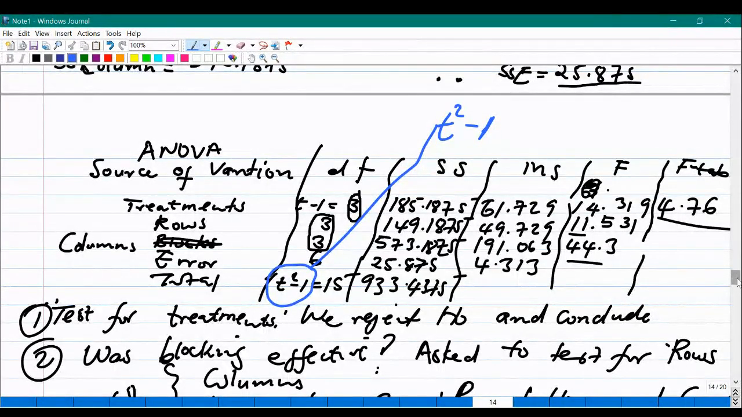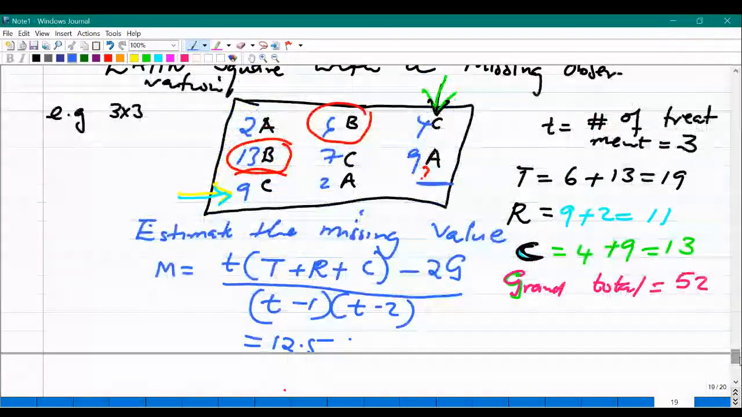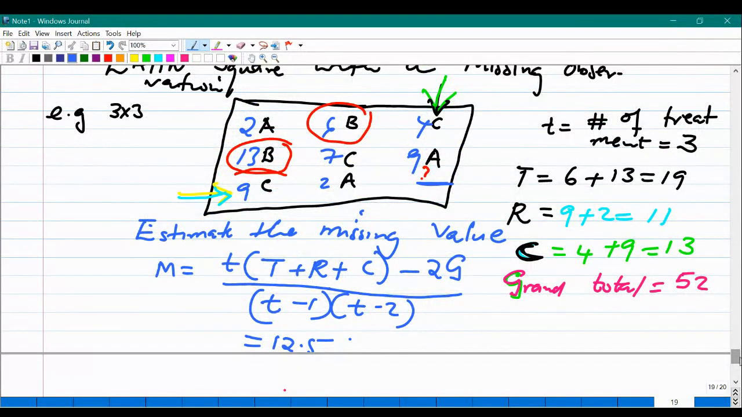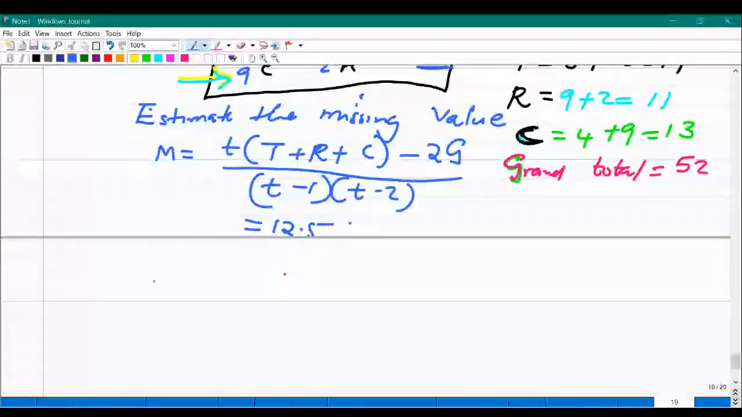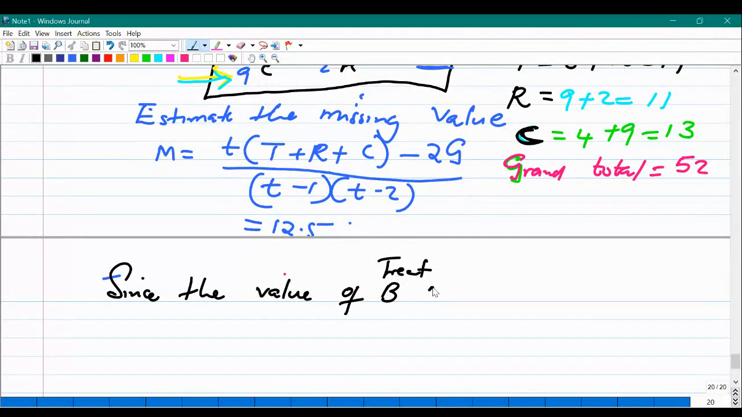Checking ours, our problem, this problem is having a missing observation, isn't it? Which means, since the value is estimated, let me maybe write it down. Since the value of B, or treatment B, was estimated,